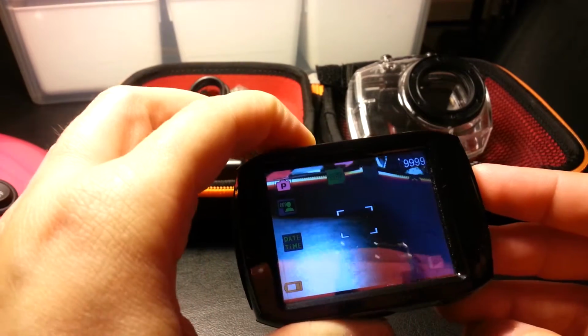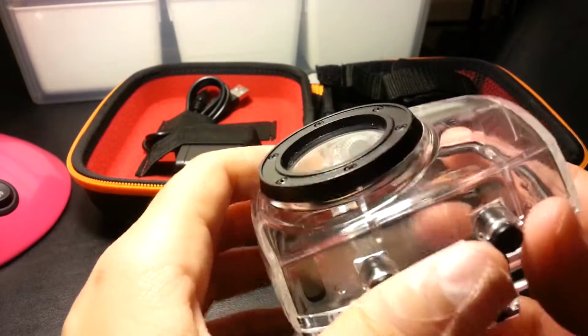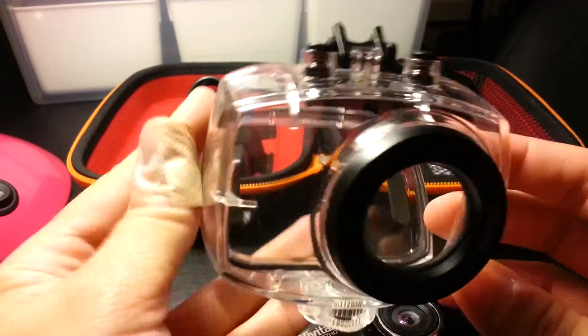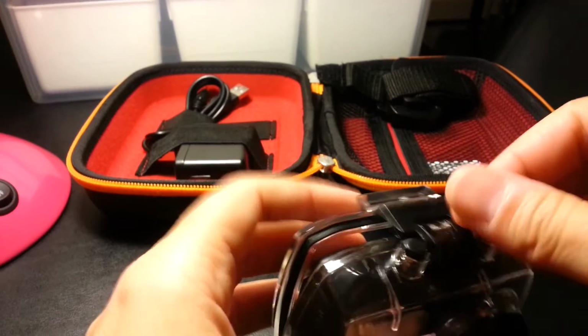So let me shut this off. So right here we have a waterproof case, and I think most of the action cams these days come with some version of this. And you know, we were a little leery about actually sticking it in here and putting it in the water, but it truly is waterproof. So you just put it in like so,